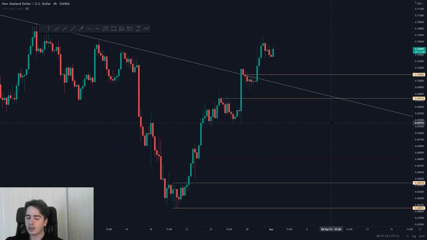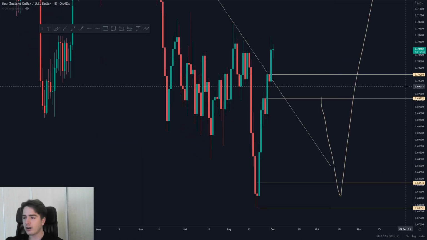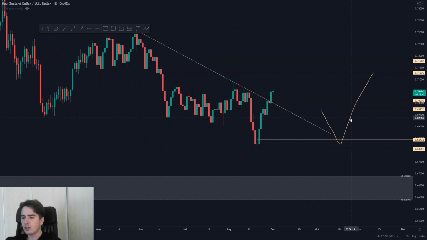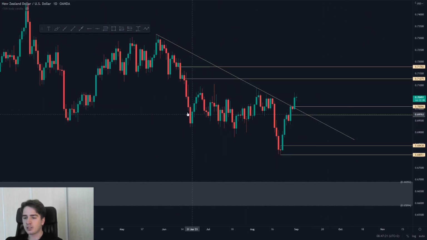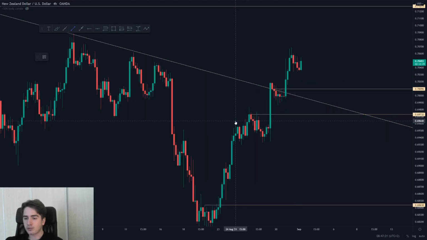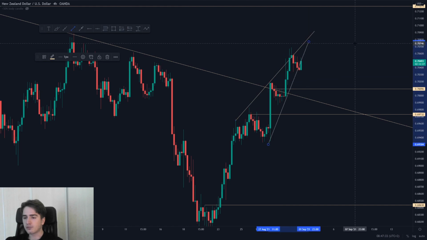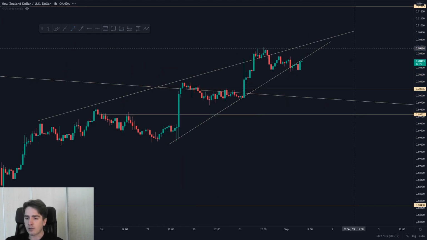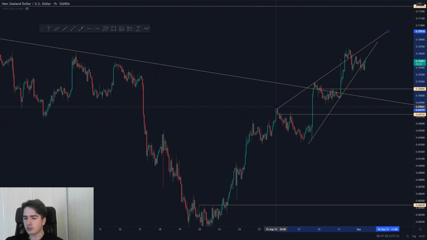And Kiwi dollar, guys, has been moving up higher. We saw a strong daily bullish close. So yeah, what I'm waiting for at the moment is for Kiwi dollar essentially to just push up higher. These are my levels that I'm looking at for potential trades. Looking at the 4-hour, of course, we do have that wedge formation. Let me just draw it in for you guys. We have this wedge formation. Looking at the 1-hour, yeah, also a beautiful wedge formation. Can adjust it a little bit. So that is looking bearish.